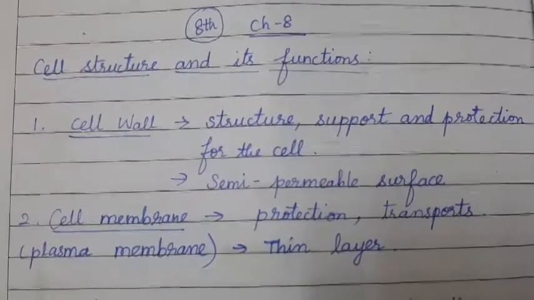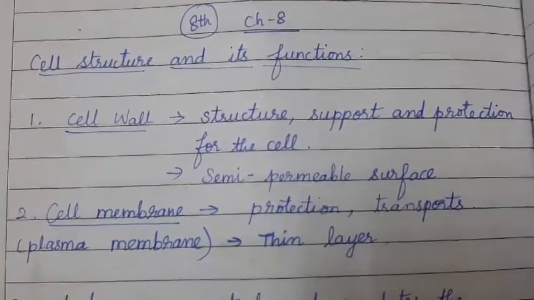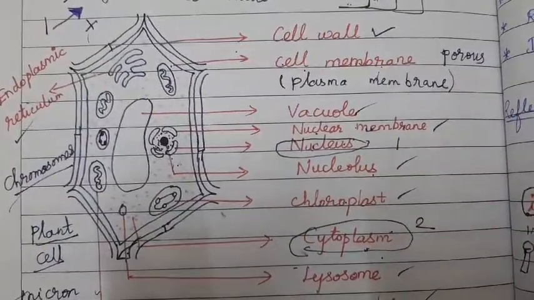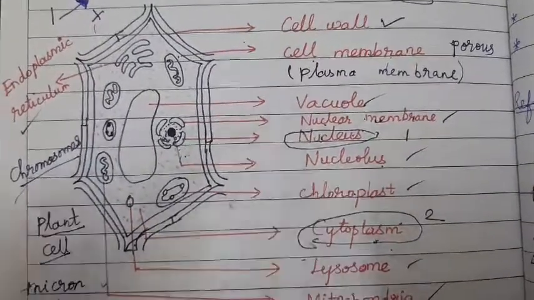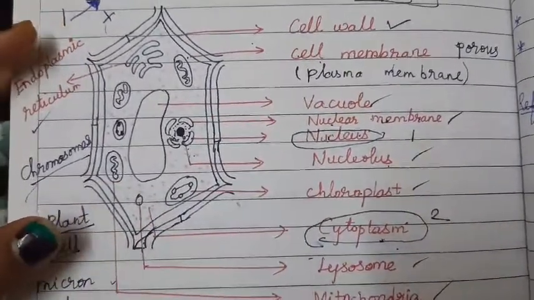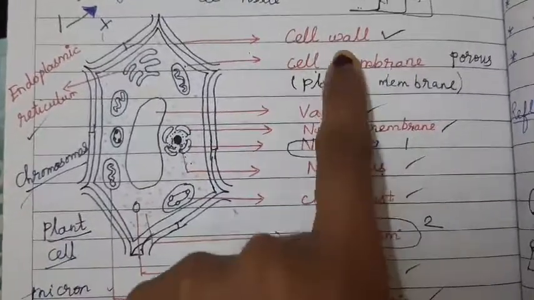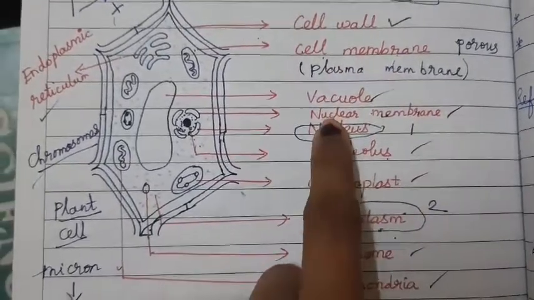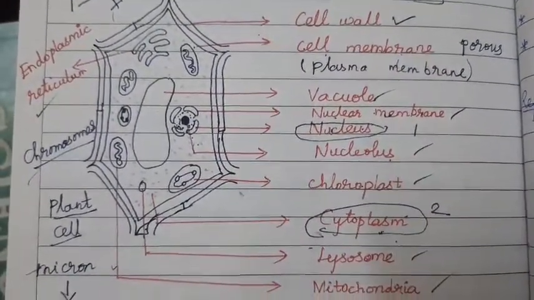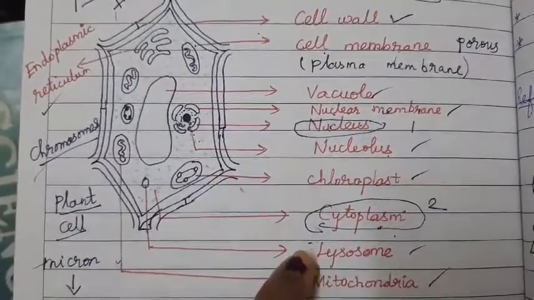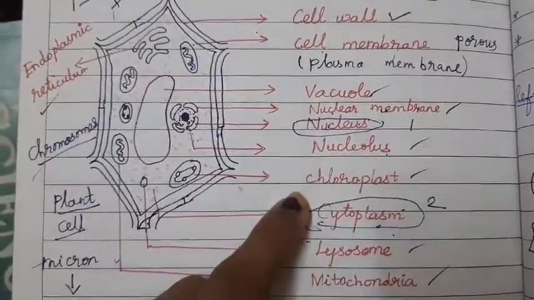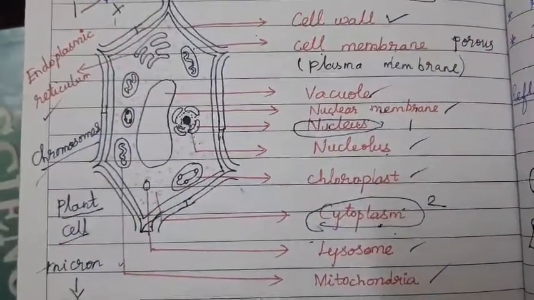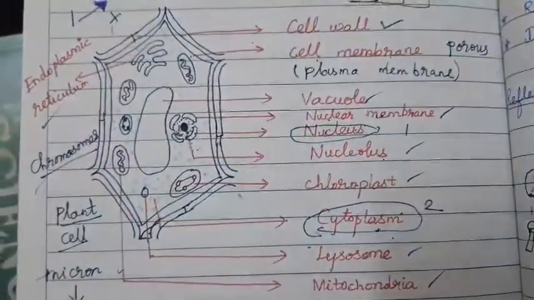In the last class, we discussed the plant cell, right? So kindly adjust with the old diagram. I did not draw it again. This is the image of a plant cell. You would have the cell wall, cell membrane or plasma membrane, the nucleus, cytoplasm, and other cell organelles like lysosome, mitochondria, chloroplast, and vacuole. Today we are going to see the functions of all the organelles of a cell.